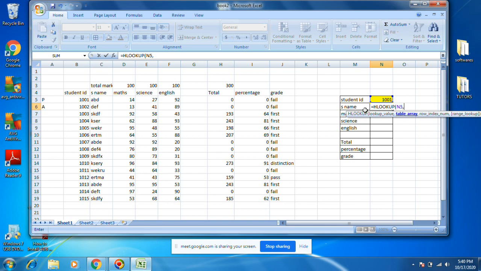Table array. Table array means this one, the entire table is called the array. Then row index number. Is this a row or column?